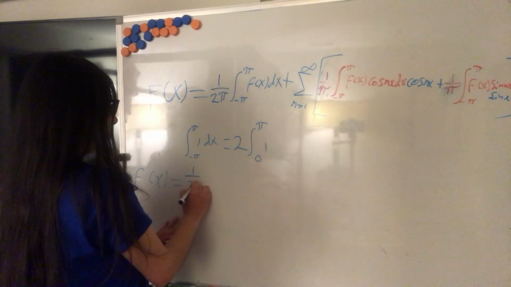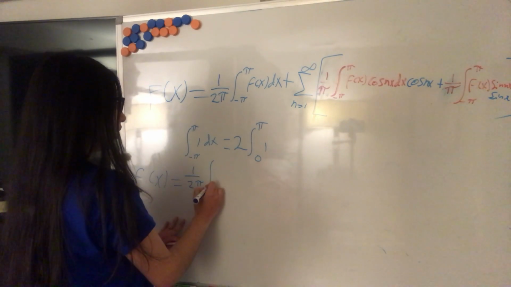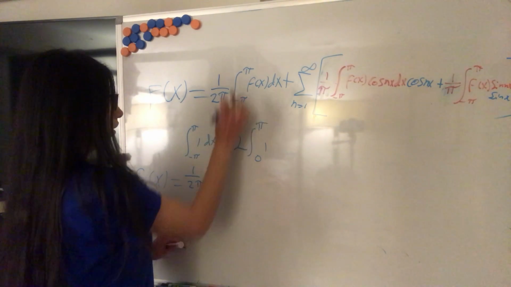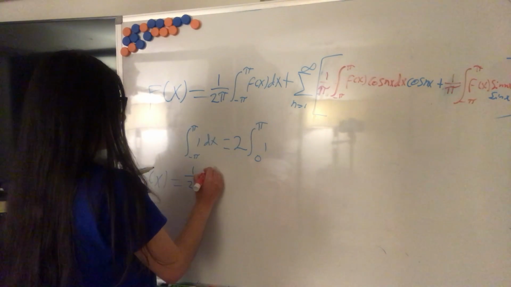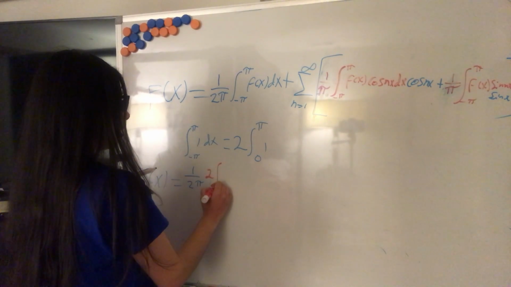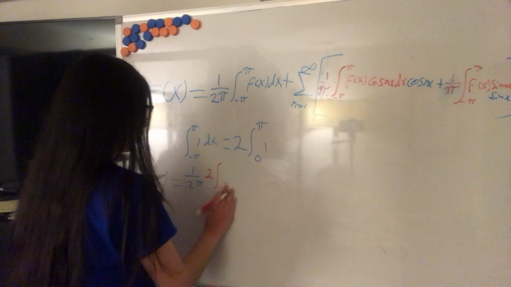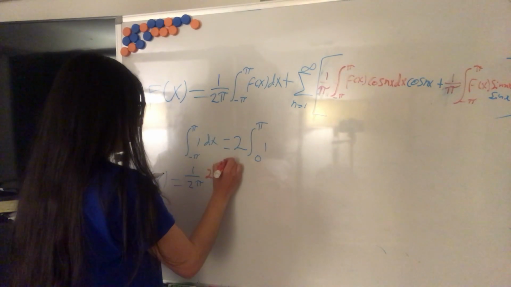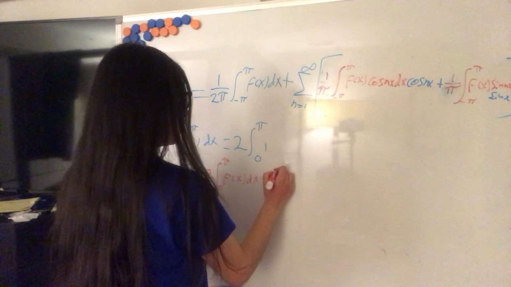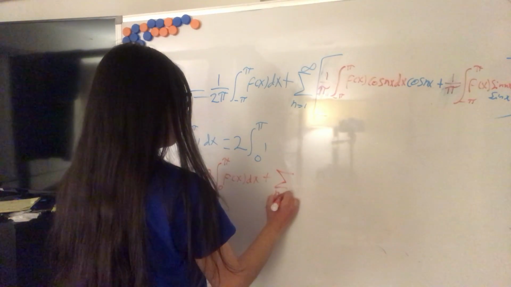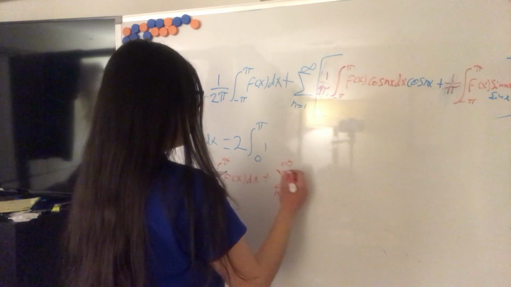We would have then that f of x is equal to 1 over 2 pi times 2 times the definite integral from 0 to pi of f of x dx, plus the summation from n equals 1 to infinity of